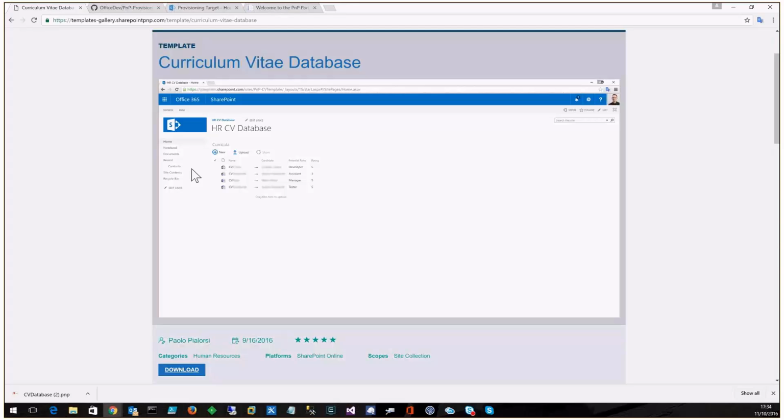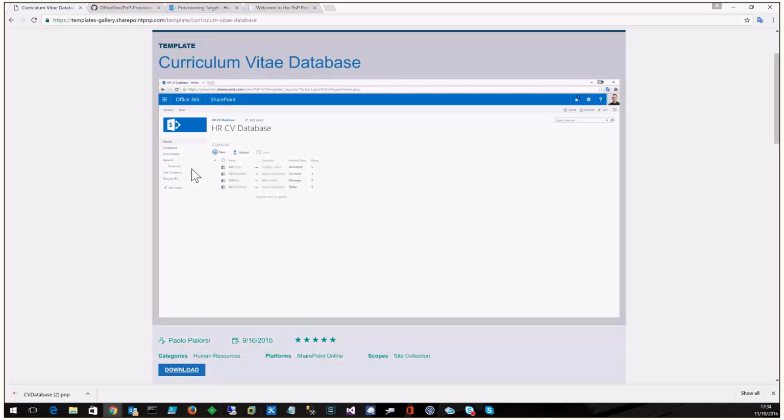But of course, we are not only end users of these kinds of capabilities. We most likely want also to submit our own template. At least this is our guess and our hope, I would say. So if you want to contribute to the template gallery, and if you want to submit your own templates, well,